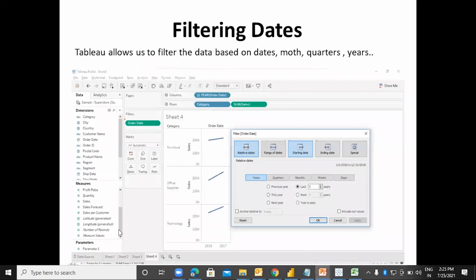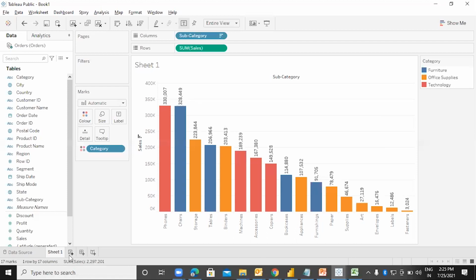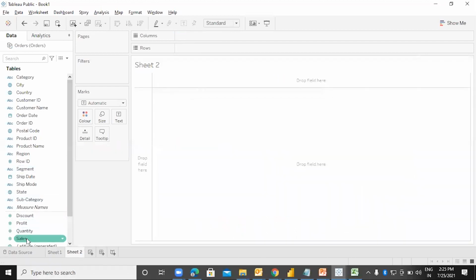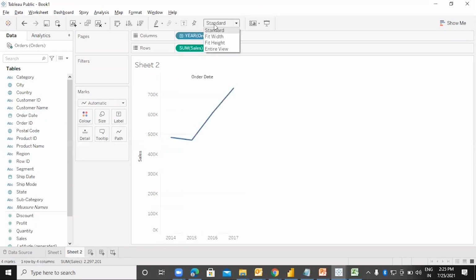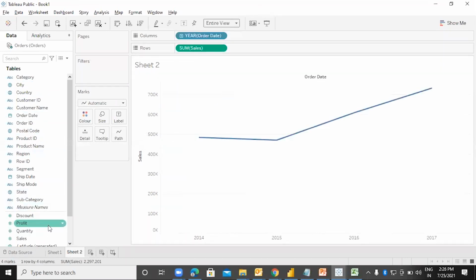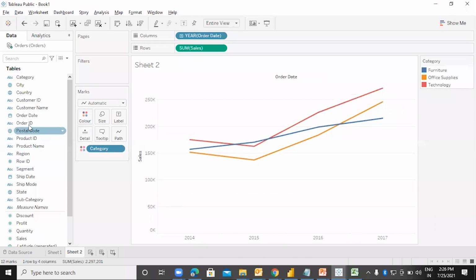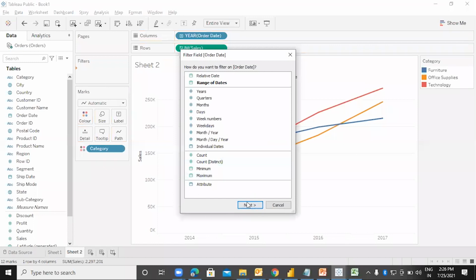Then let us see how we can filter the date. So for that, let me take another visual and let me put the sales on the basis of the order date. Let's make it as an entire view and also take the category into the color. And if you wanted to filter the order date, you can just put the order date into the filter and click on next.